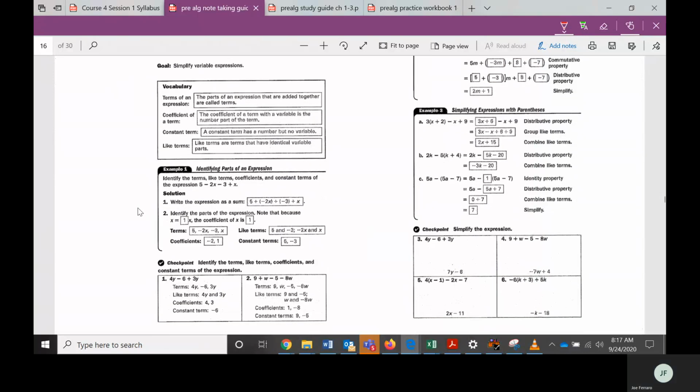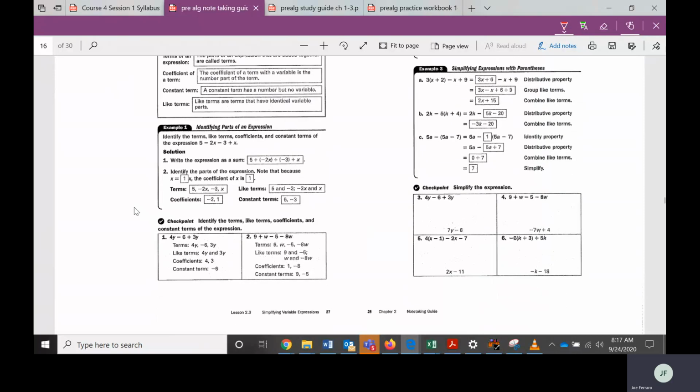So let's take a look at identifying parts of an expression. It says identify the terms, like terms, coefficient, and constant terms of the expression 5 minus 2x minus 3 plus x. Step 1, it says write the expression as a sum. So basically what that means is if we have 5 minus 2x minus 3 plus x,